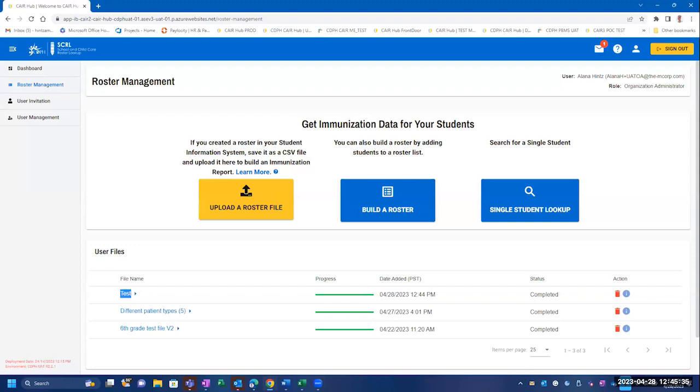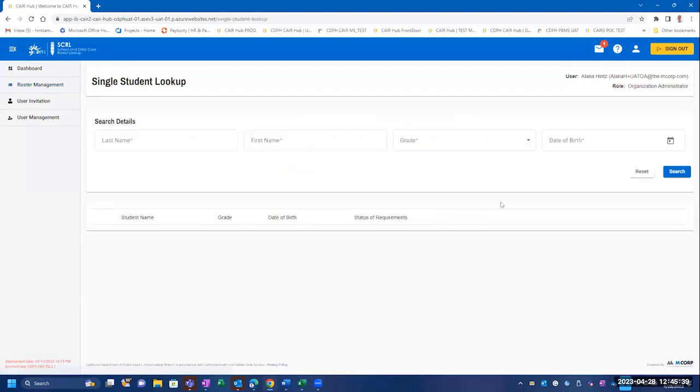From the roster management page, you are also able to search for a single student. Enter the required information in the search fields: last name, first name, grade, and date of birth.